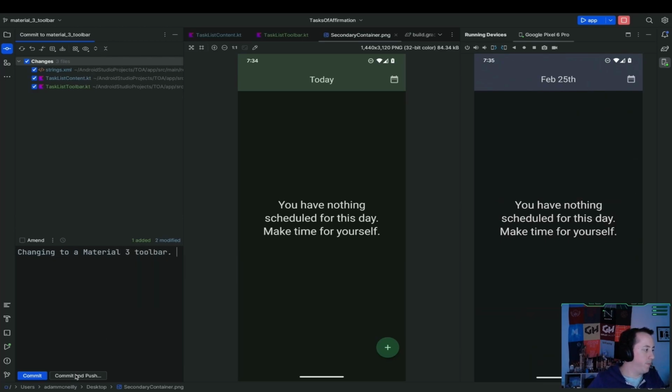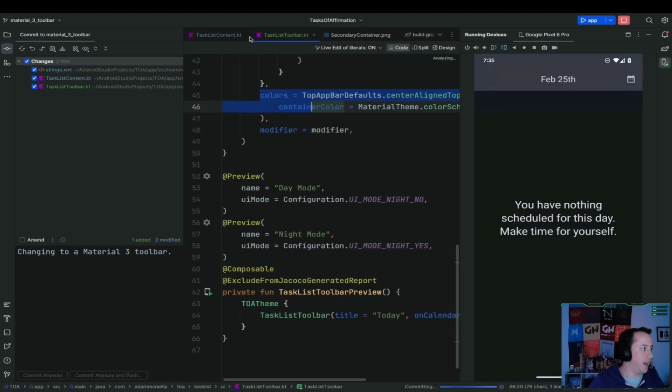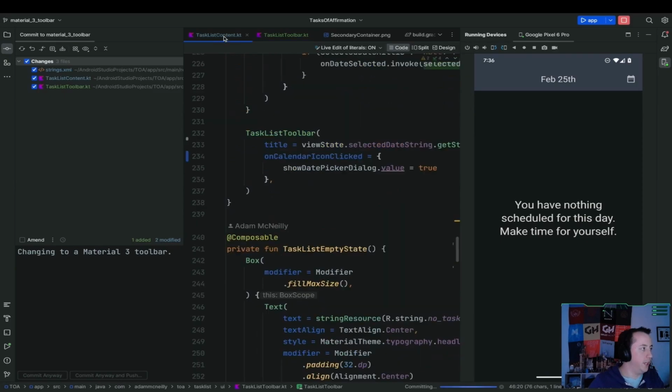So say changing to a material 3. We'll push that, but then we do need to go back and actually get rid of those unused